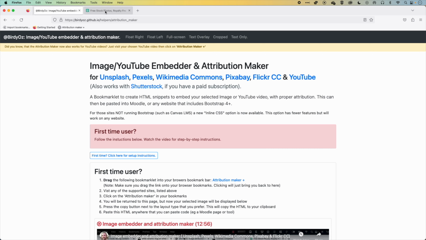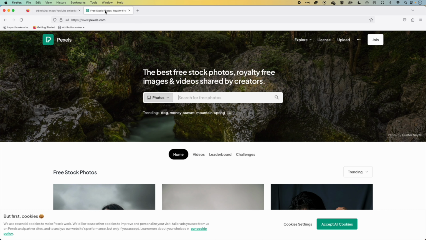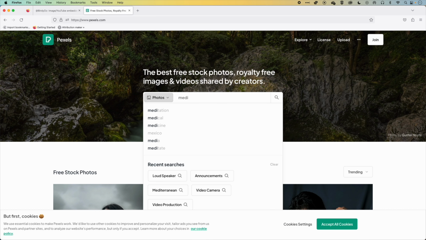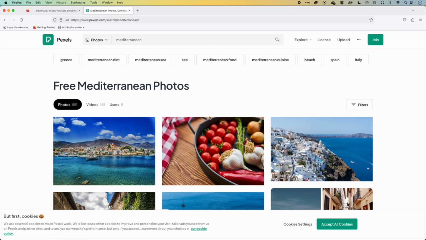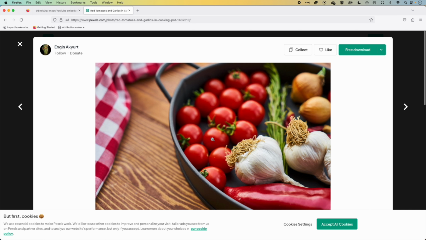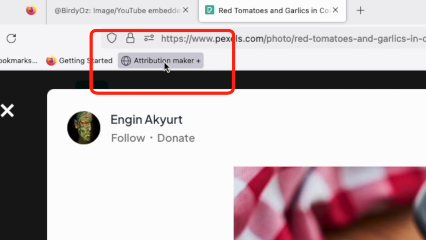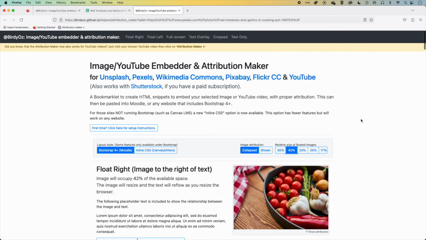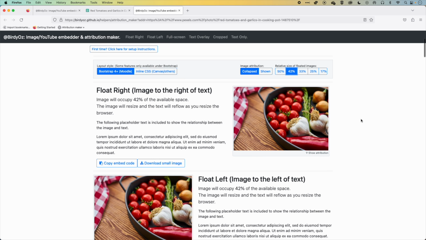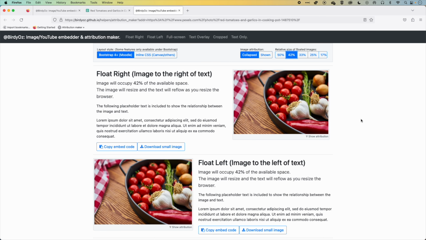So we're going to come to Pexels here and we'll search for Mediterranean. We can essentially use this to grab any image that we want and use that in the design of our Moodle page, super easily. So I'm going to select this image to use and we'll click the attribution maker, and what you'll see here is that this attribution maker will grab that image